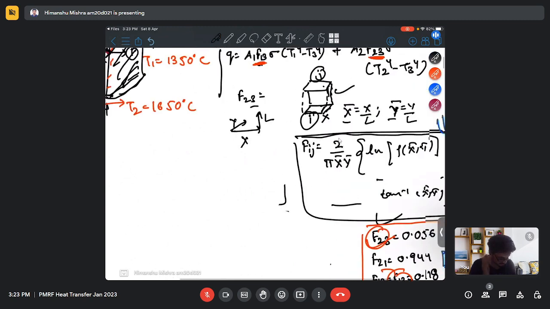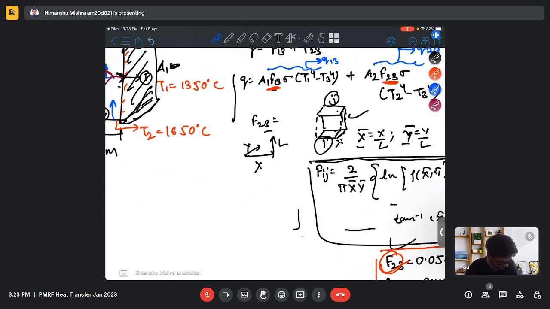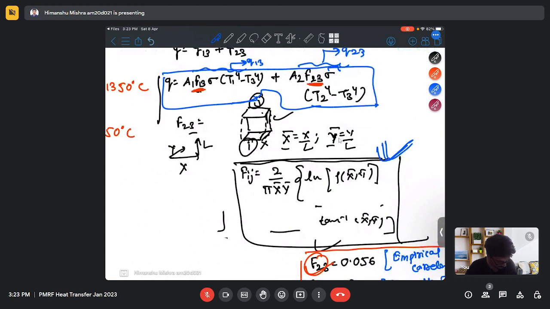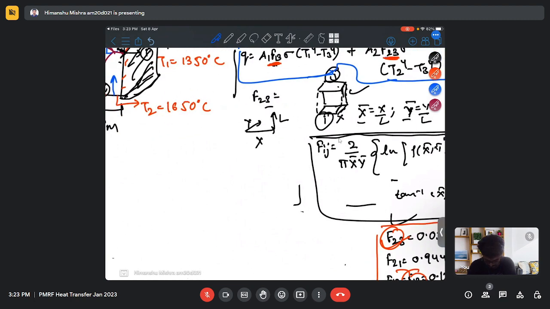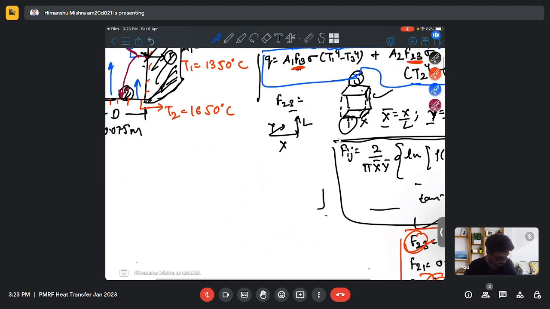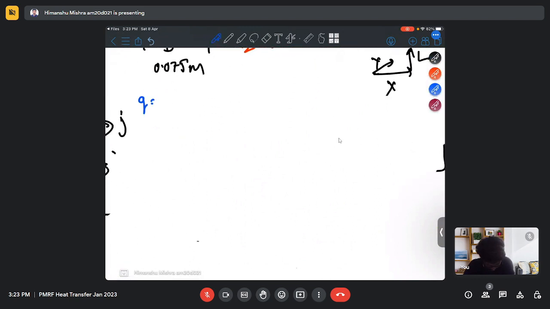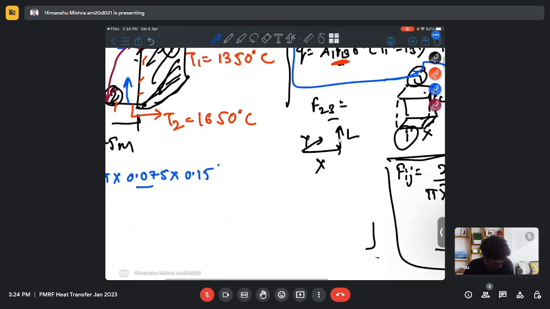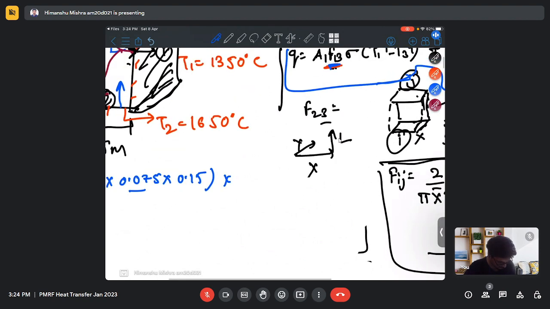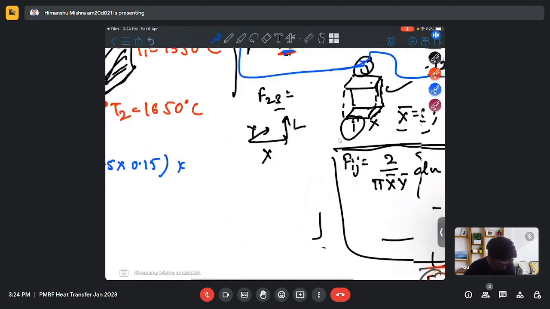So we just plug the shape factor in the heat transfer equation, and plug in all the other values as well. This is my diameter, this is my length, and my shape factor F13 is 0.118,